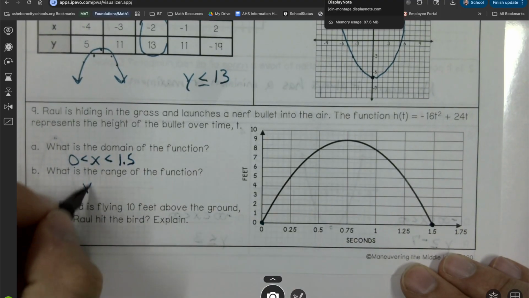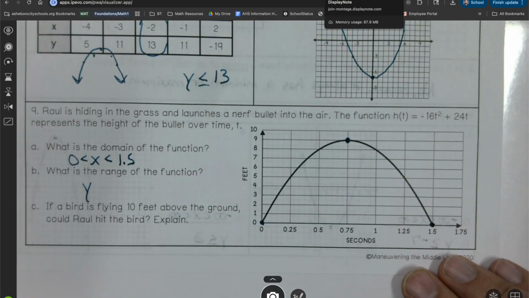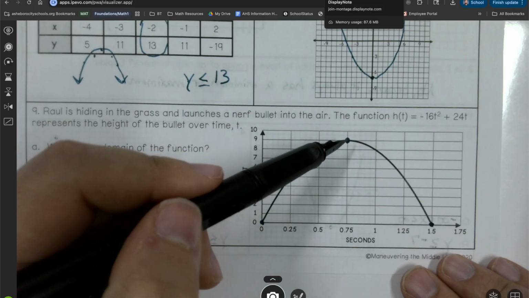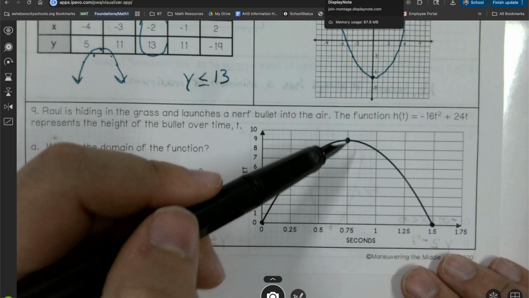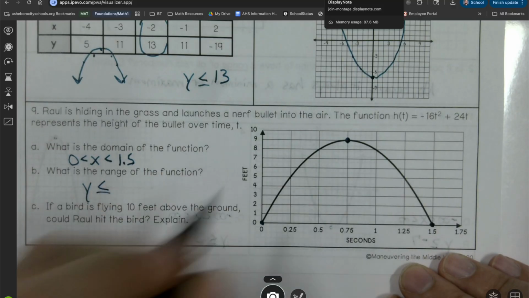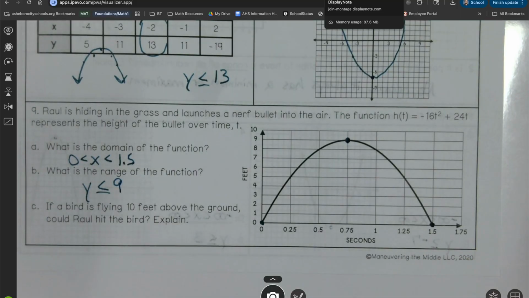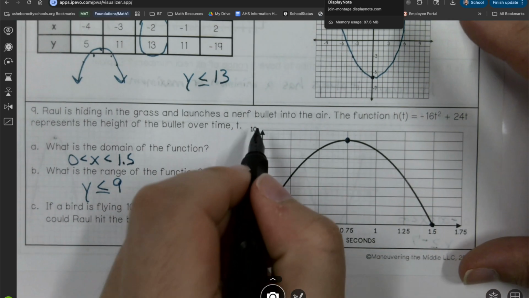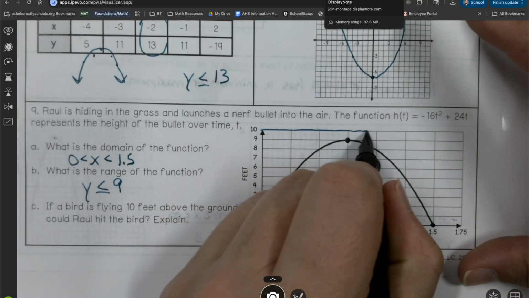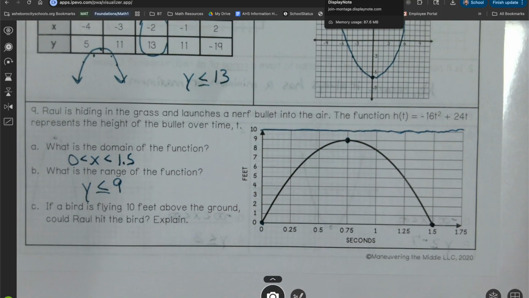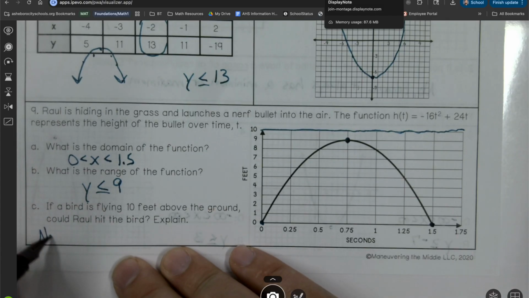Now the range looks like we have a maximum here, right? So the maximum means it's got to be everything less than that. Well, what value does it reach? It reaches 9 feet. So y has to be less than or equal to 9. And to answer C, if a bird was flying 10 feet above the ground, could Raul hit the bird? Well, if 10 feet is right here, does that graph ever go up and reach it? Nope. So if there is a bird flying 10 feet, he would not be able to hit the bird